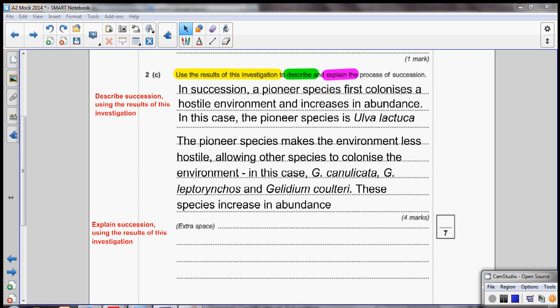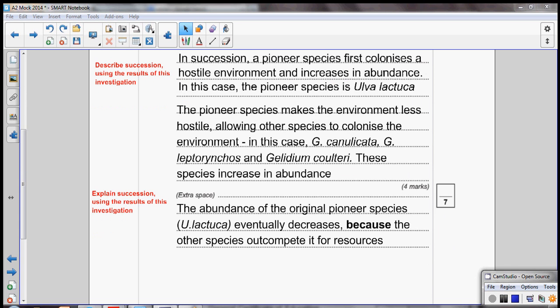Now I've not really finished my description, and I haven't used the word because yet, so I'm going to finish off this by explaining what happens as we go on through succession, and also making sure that I've explained why that happens and used the word because. So here's what I've finished off with, and you can see I've put the word because in this last part of the answer. I've said that the abundance of the original pioneer species, Ulva lactusa, eventually decreases because the other species